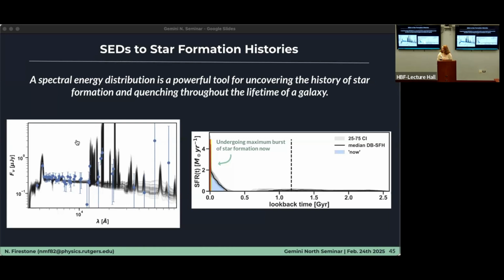So on the left, we see that we have strong Lyman alpha emission. Here, the SED and the spectral template actually match each other fairly well for Lyman alpha. So we have active star formation at the time of observation, and we have kind of like a downward slope, which is telling us that there are virtually no older stellar populations. And that's exactly what we see on the right here. We're undergoing a maximum burst of star formation at the time of observation, not really much in the past. So this is what we would expect an LAE to look like based on that conventional model.